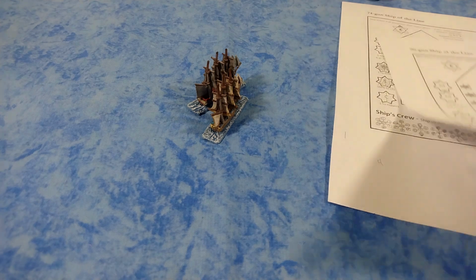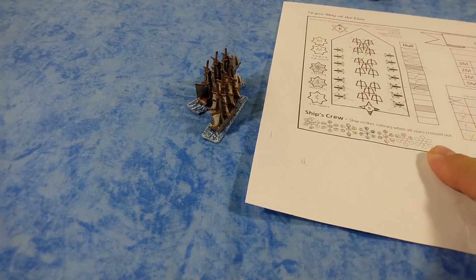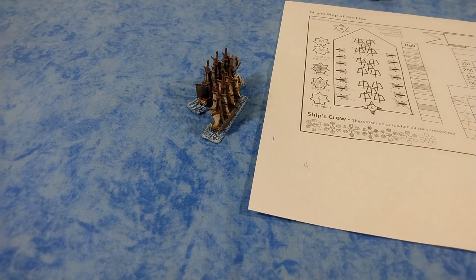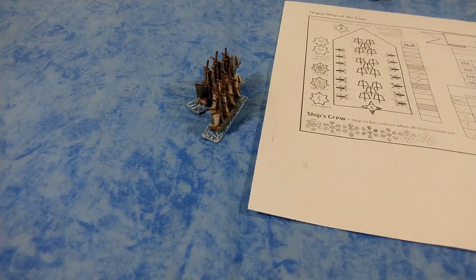In this case, because the Marengo lost their last crew star, they have struck the colors, and now the British are going to help them put out all these fires, so they can take the Marengo, as they historically did, back to harbor, fix her up, and put her back into action against old...